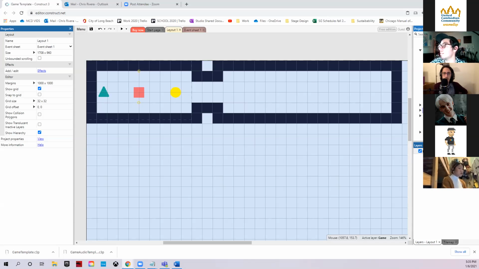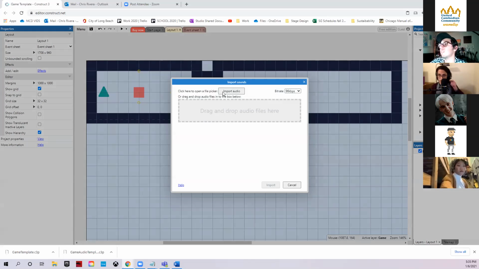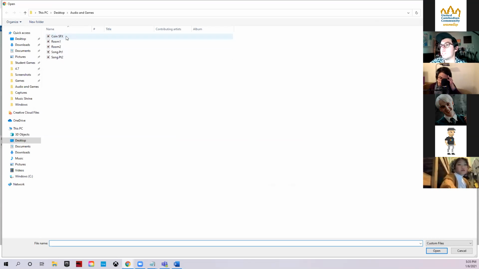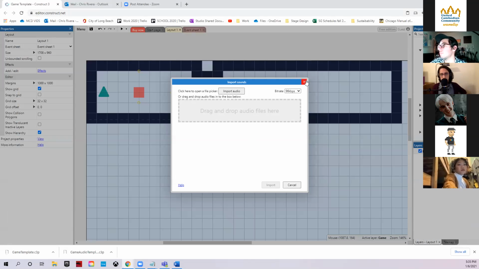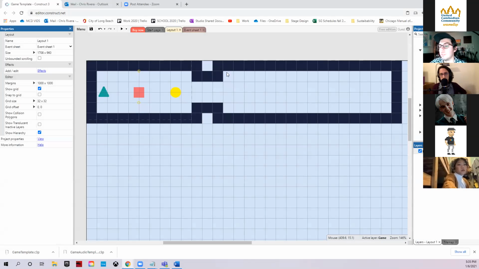You right click it and press import sounds. And then you press import audio. And then you can just click and open the same way you did for the music. So give me a thumbs up or let me know in the chat when you're ready for me to do the coding.